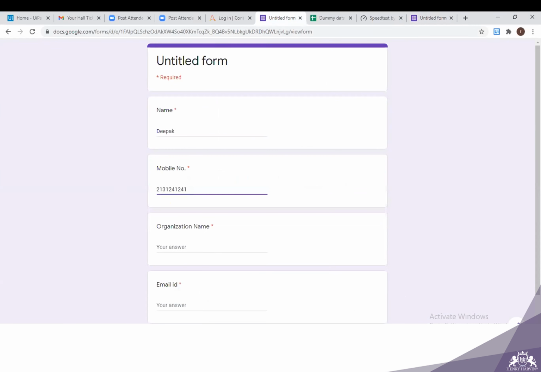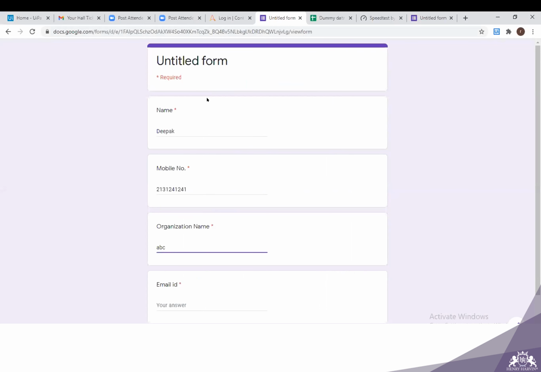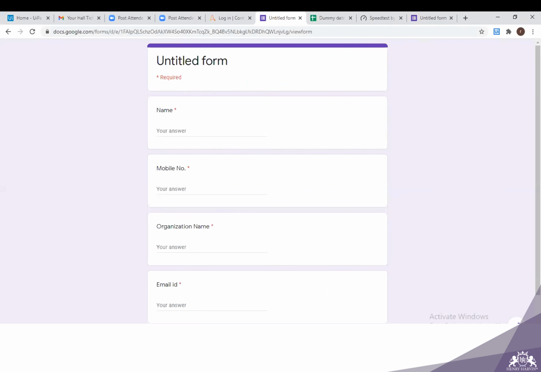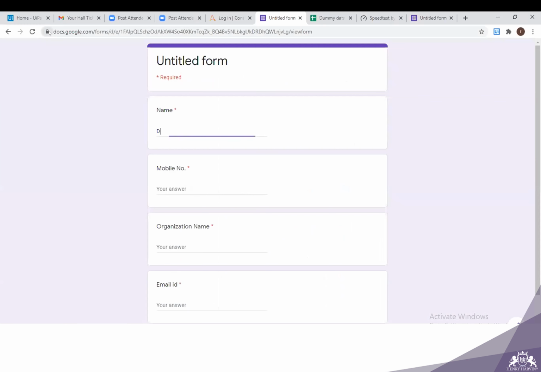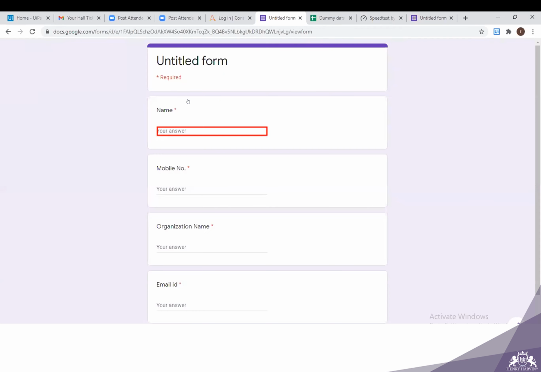Okay, so it has started entering the data one by one. Because 4 is not present there, it has not taken it. I have to again refresh that page so that I can start from scratch and with a fresh form. So this workflow will work for 5 rows or 50 rows or 500 rows or 5,000 rows, any number of rows. Because you have created this workflow in such a way that you have not hard coded this workflow, it will work for any number of rows.